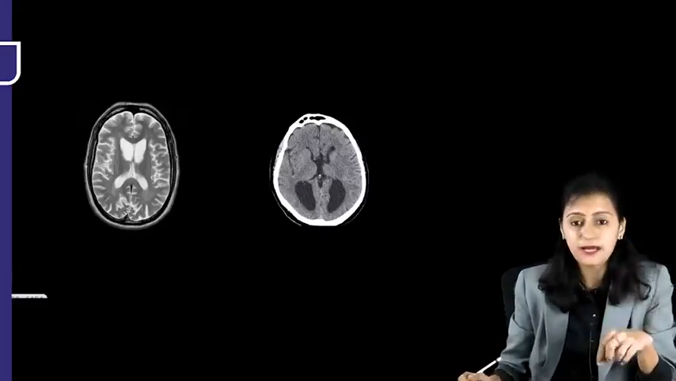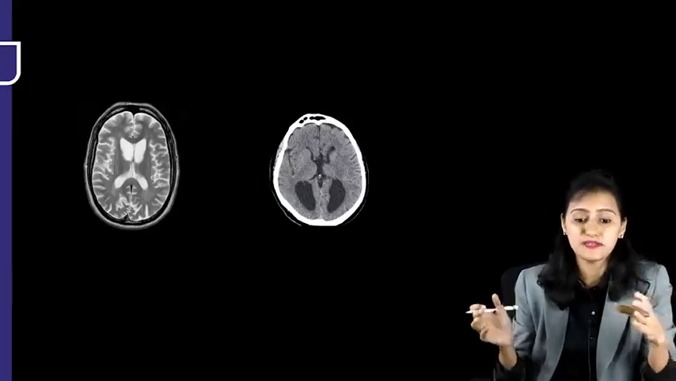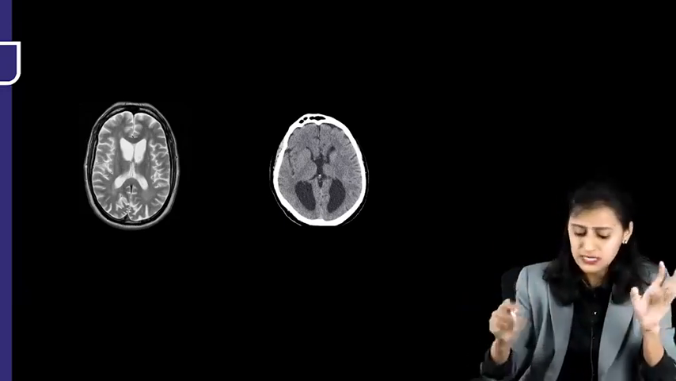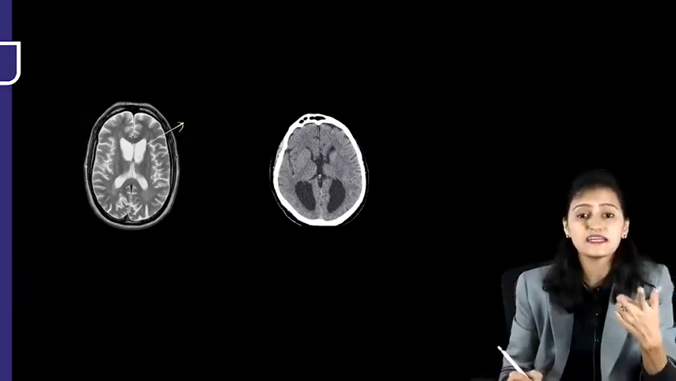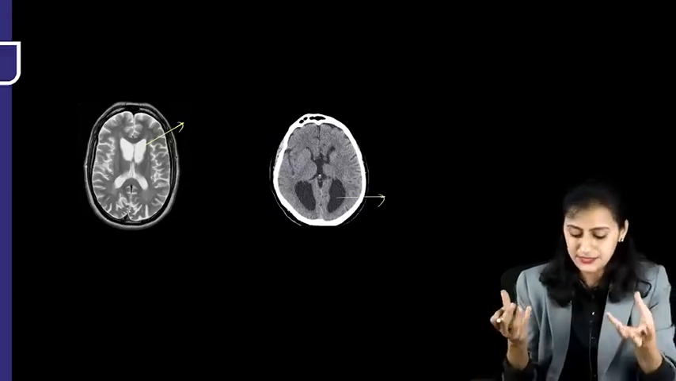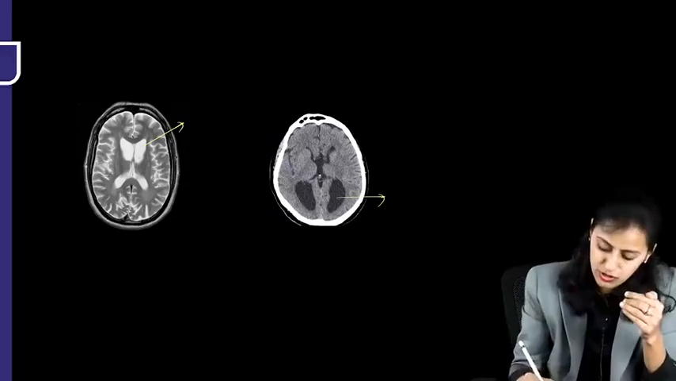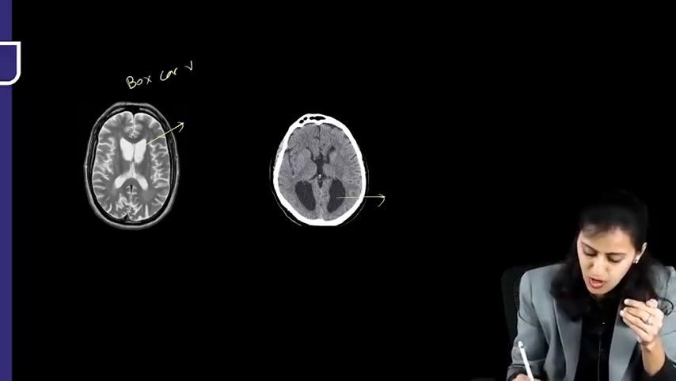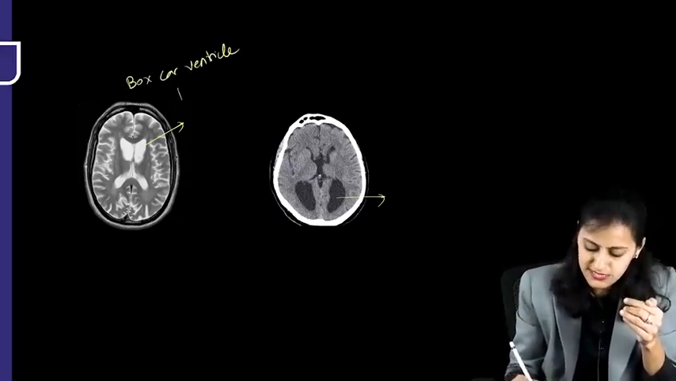Going to the next one, the ventricle enlargement, but it's not symmetrical, aage piche. What do we see in this image? The frontal horns are more dilated. In this image, the posterior horns are more dilated. So when the frontal horns are more dilated, it is called as boxcar ventricle, which is seen in Huntington's chorea,